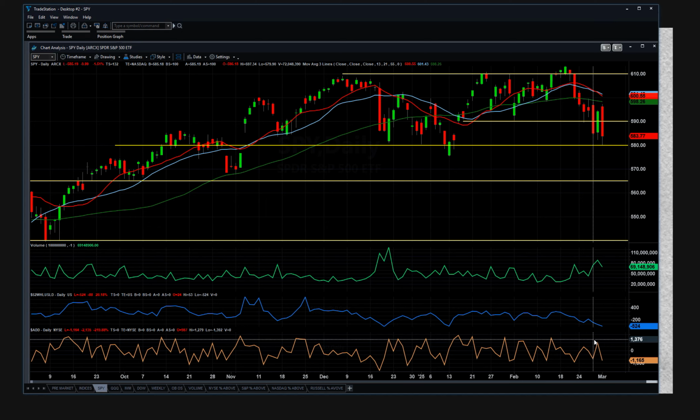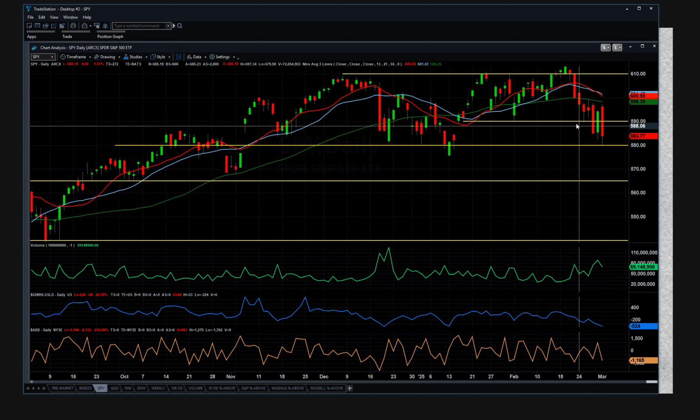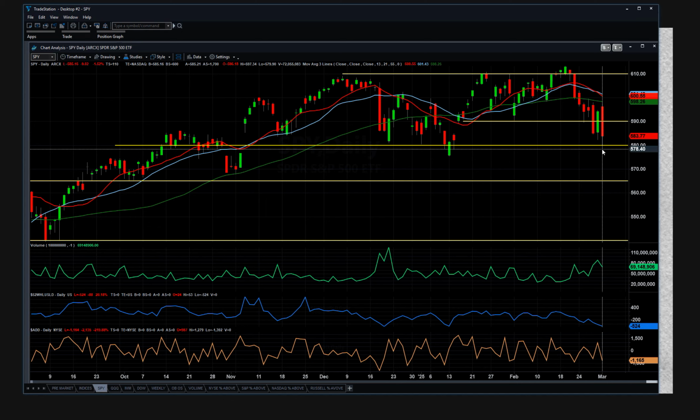Now, we did get that spike on Friday, which was very unusual. The market came down to test the 580 level, and then buying came in the last 30 minutes of trading, on pretty high volume, and just absolutely drove everything right back up through the 590 level, which was the next level of resistance. So where we are is that breaking 580 is going to break out of this area of rotation,